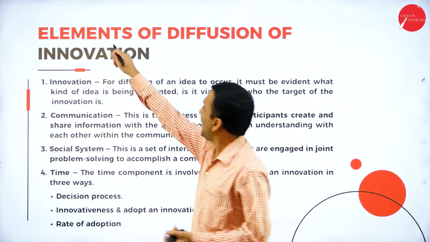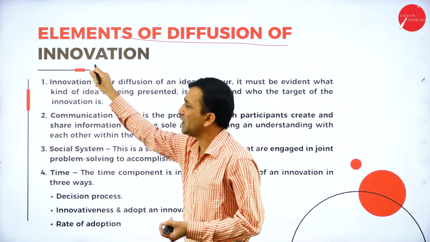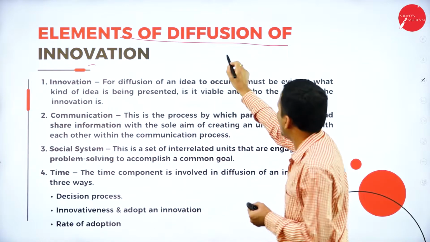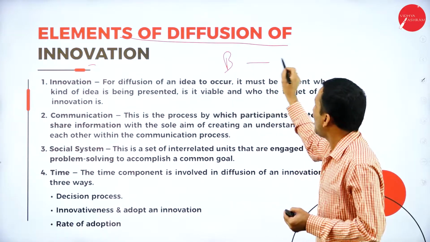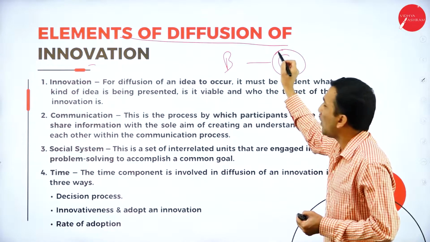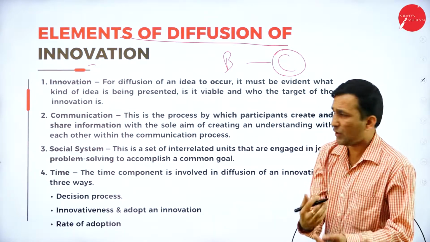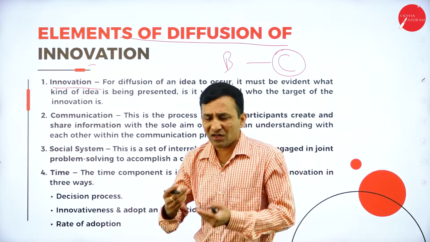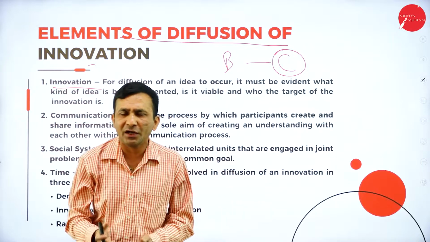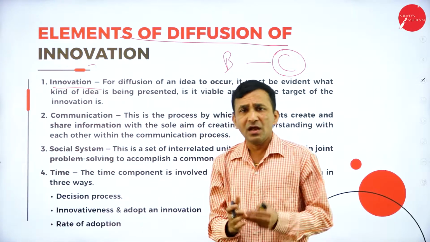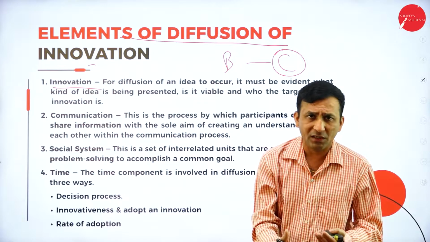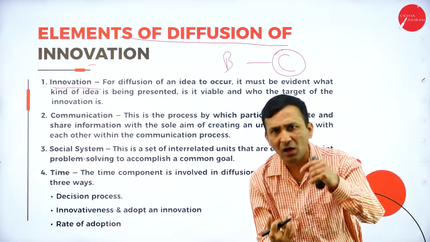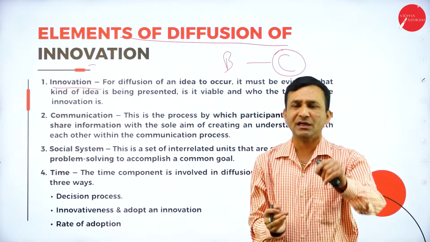Moving forward, what are the elements of diffusion of innovation that we are able to identify here? If you're talking about the businessman or consumer point, consumers always want to accept or adopt. So innovation means what? Something no one has produced till now. If you are trying to produce an innovative product, of course the customers accept your product. When they accept, you have to call them adopters.